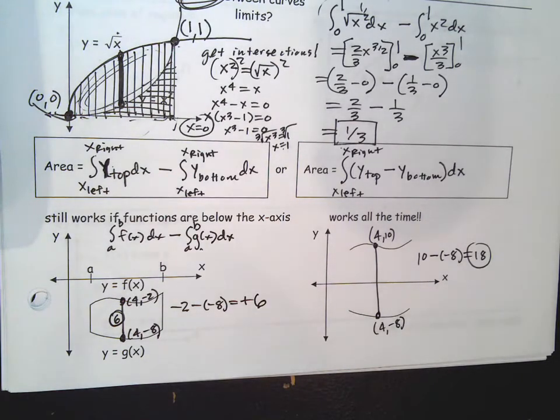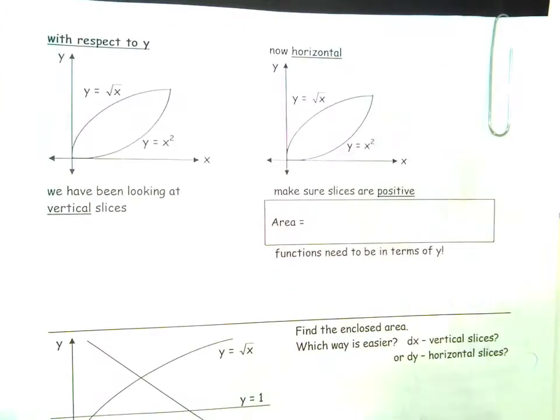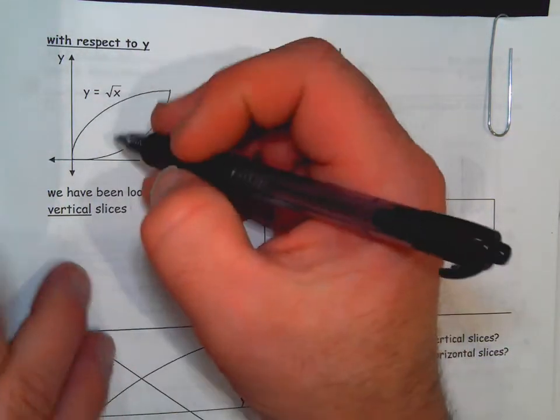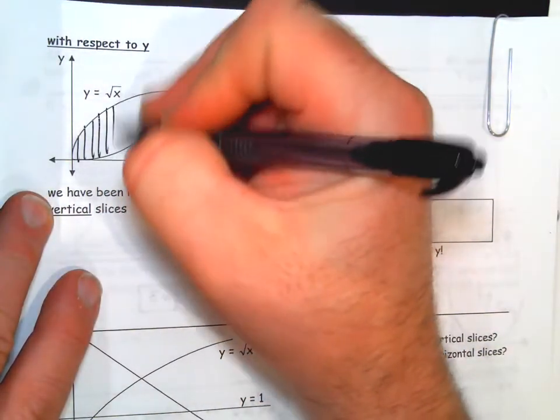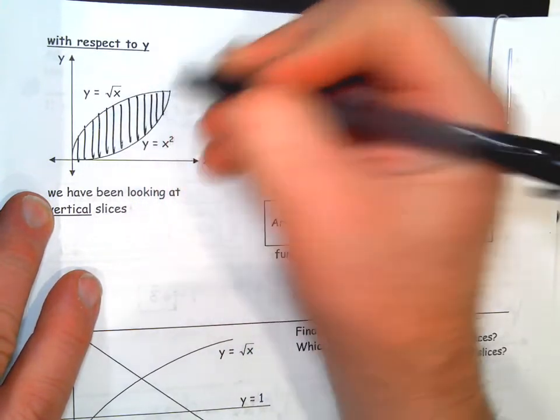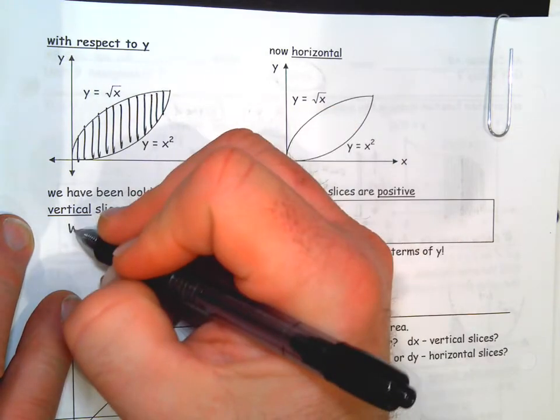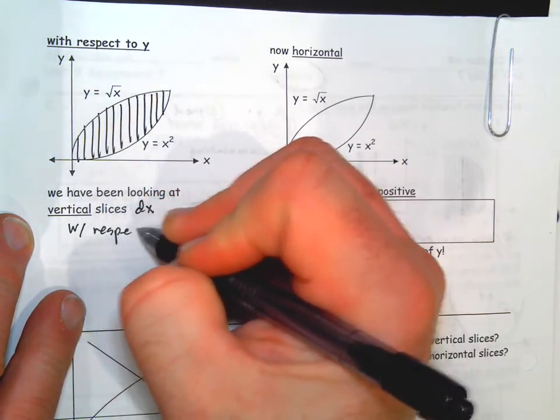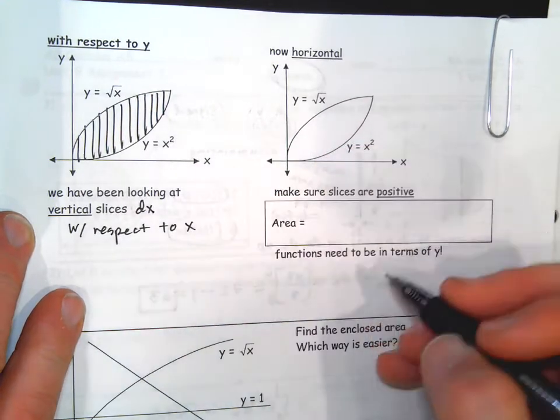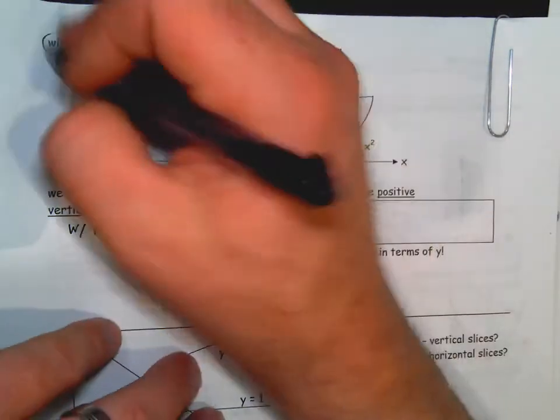Now, I think that should hopefully seem okay, but let's make things really interesting now. We've always been integrating with respect to x, but let's talk about integrating with respect to y. So far, integrating with respect to x means we get vertical slices, right? The thickness of the slices is dx. And maybe you never even thought that we could do anything else. But with y,